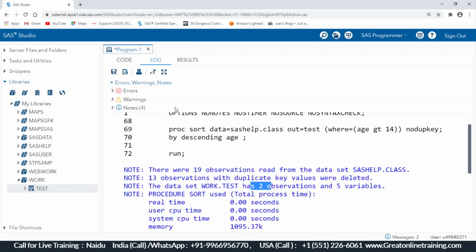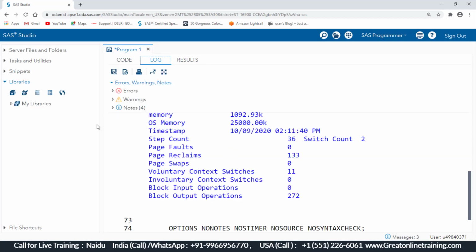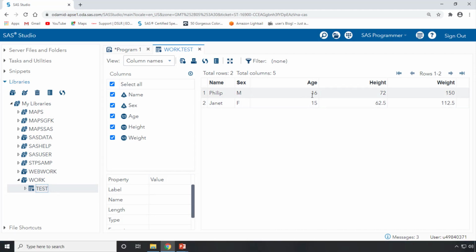First close the data set and let me rerun it because it's not updated. Go to my work library, and in the test data set you will have 2 observations. These are the 2 persons with age above 14 only.